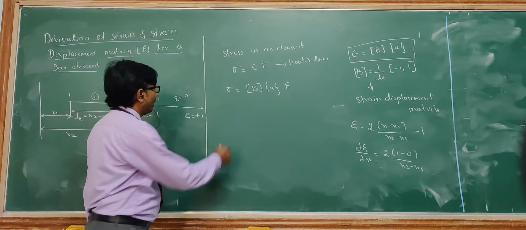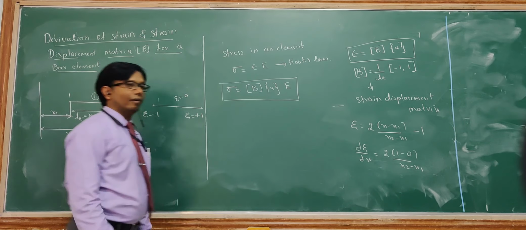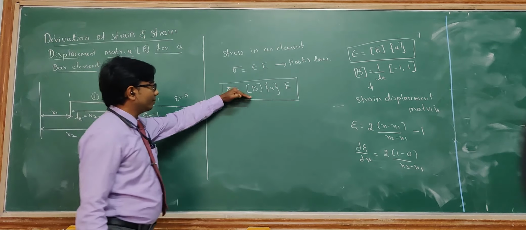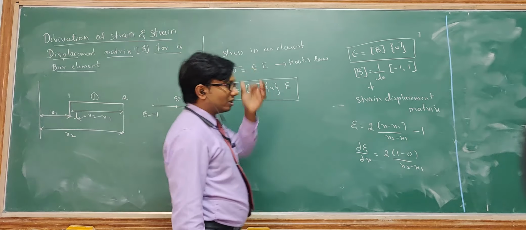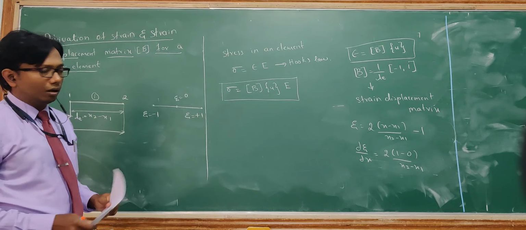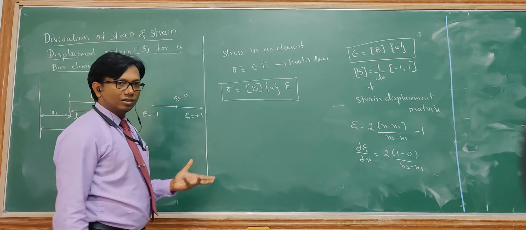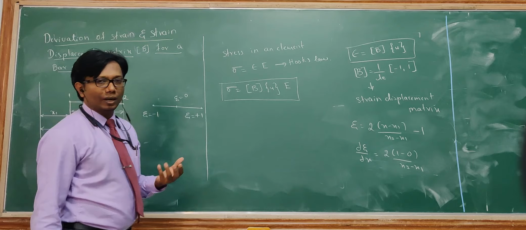So whenever we are finding out the stress in an element in an FEM format, this is the value you need to incorporate. Okay. So this is the value of stress and this is the value of strain. So how did we do it? We have just taken a simple strain equation for an element. As the displacement is happening in the x-axis, we take it as dou u by dou x.